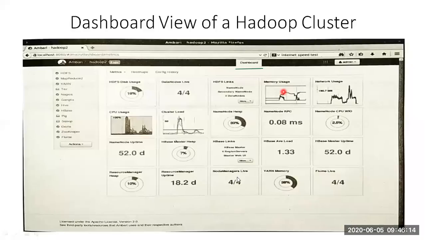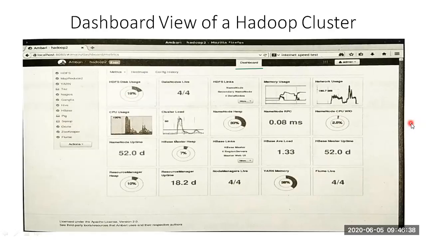In this dashboard view, we can visualize what is happening in our data system. As I told you, like HDFS links, name node, and cluster load. What is the load of a cluster, CPU usage? Once you click on this, you can see the entire details of what is happening in this particular widget. So it is the dashboard view.